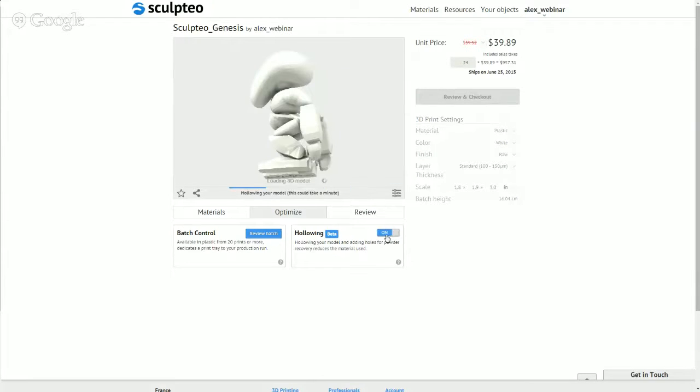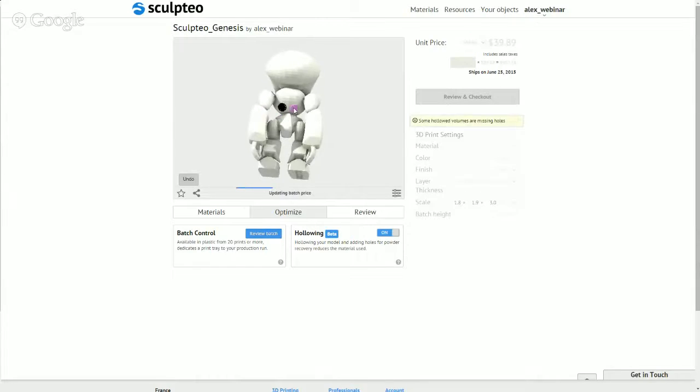I'm just going to turn the hollowing on because we were talking about stacking these things. So we've gone from $60 to $40. And it's $40 because I chose to have him printed standing up, him or her rather, sorry. So I'm going to hollow out a couple of volumes here as we saw earlier. We're adding this hole now. Add a second hole. I'm going to add some in the head as well. And we're going to go from $40 here to,